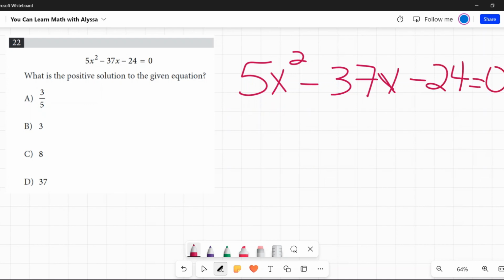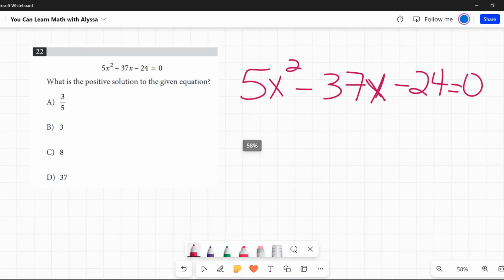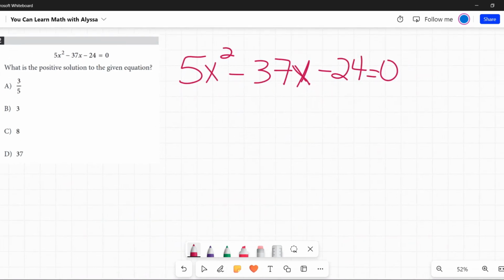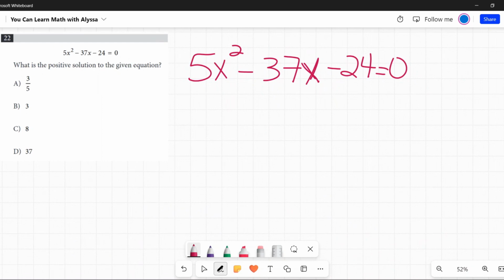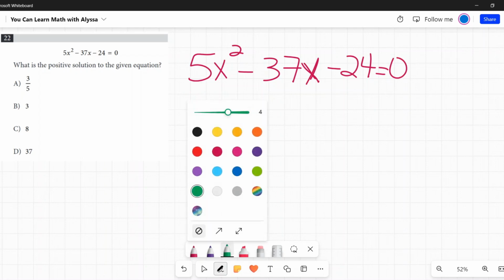Okay, the two main ways that I would go about doing this would either be by factoring it or by using the quadratic formula. So I am a factoring girl. I like to factor things, and it's something that makes sense to me, so that's the method I'm choosing. If you want to use the quadratic formula, that method works equally well. So if you're factoring and the first coefficient is not 1,